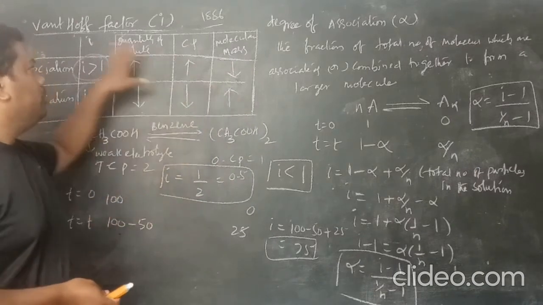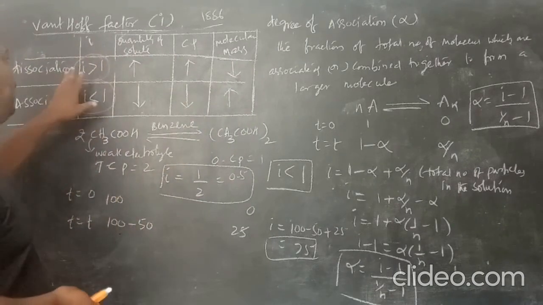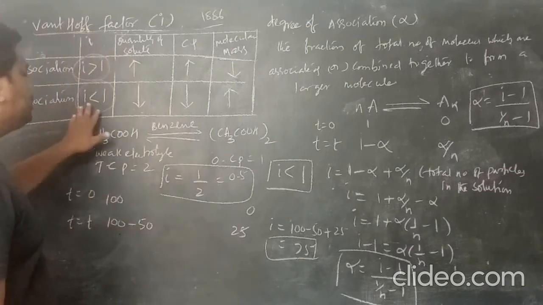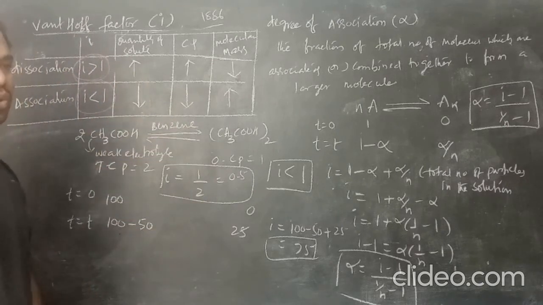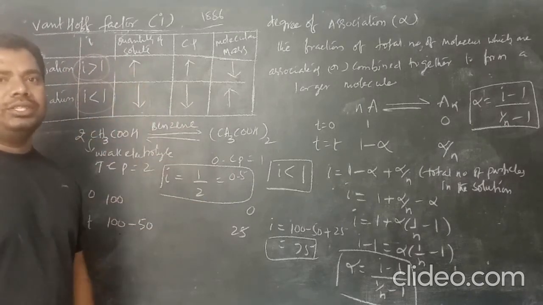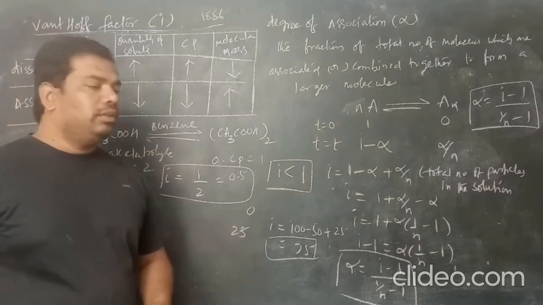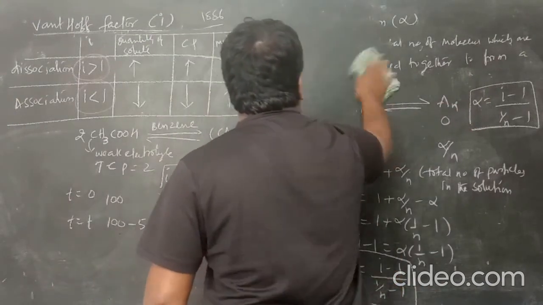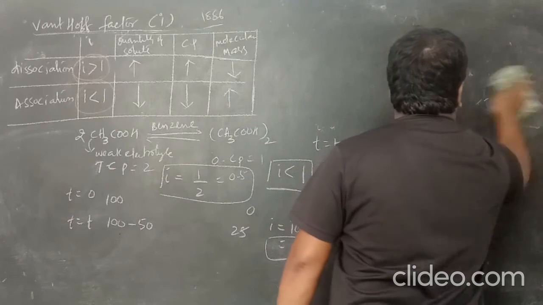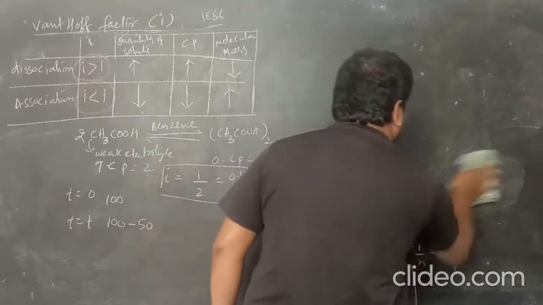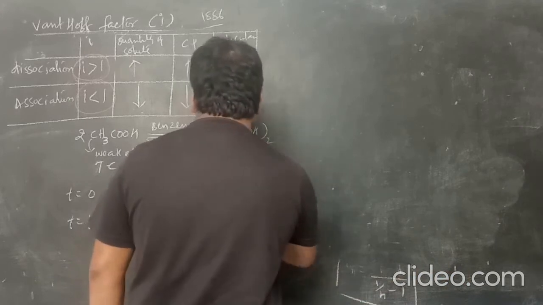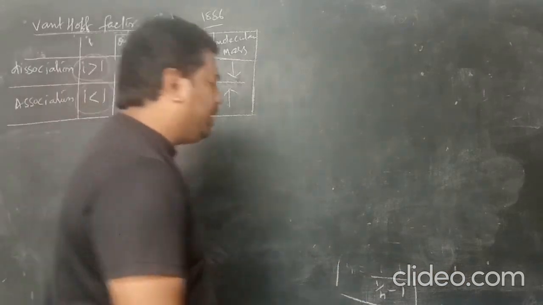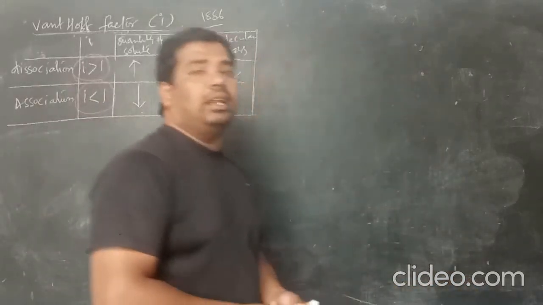Okay, so clear? So this table is very important. i value is greater than 1 when the solute is going to dissociate. i value is less than 1 when the solute is going to associate. So that's why the i value changes. Due to this reason, Van 't Hoff noted changes in the colligative properties, because the colligative properties are inversely proportional to the molecular mass. So there are changes in the colligative properties, like relative lowering in vapor pressure, osmotic pressure, depression in freezing point and elevation of boiling point.